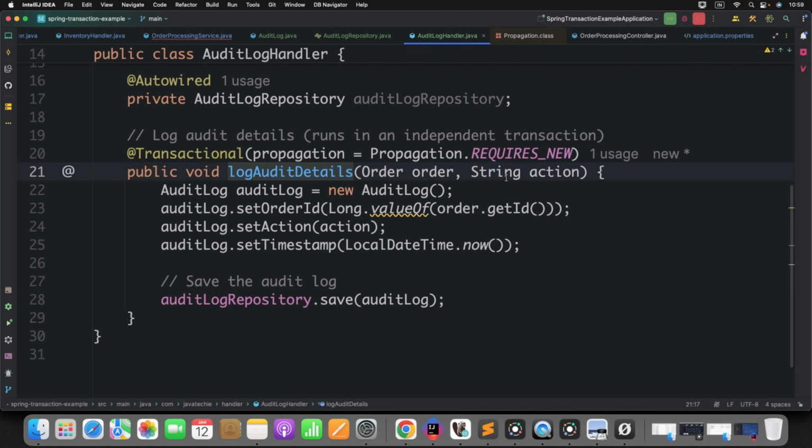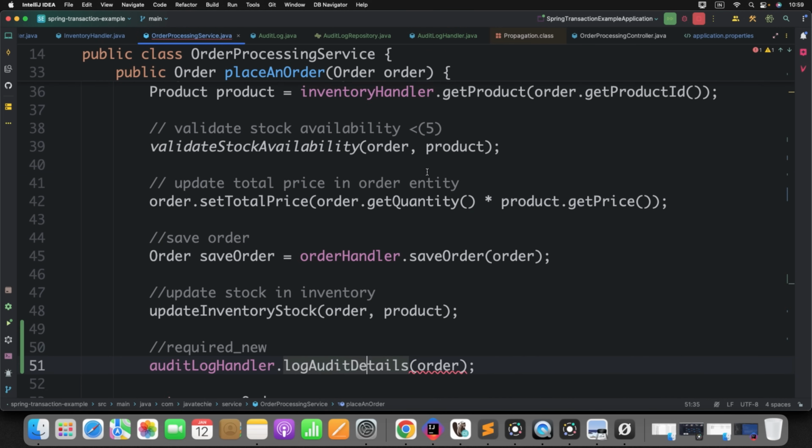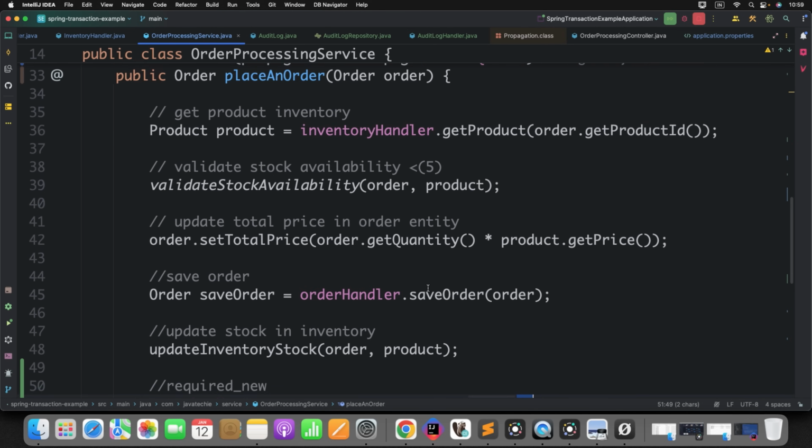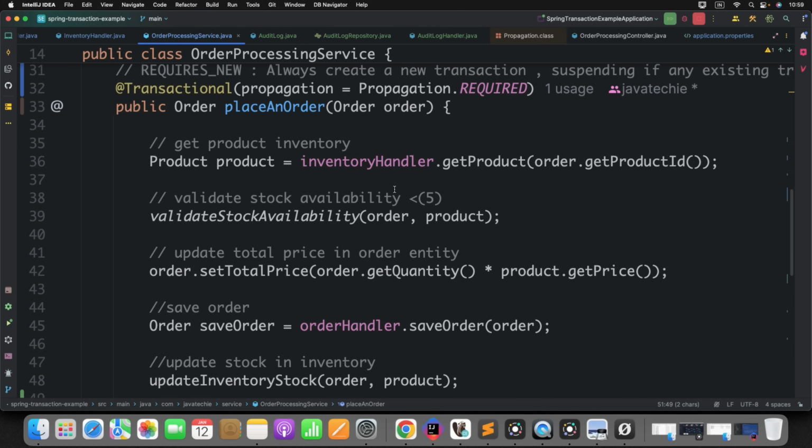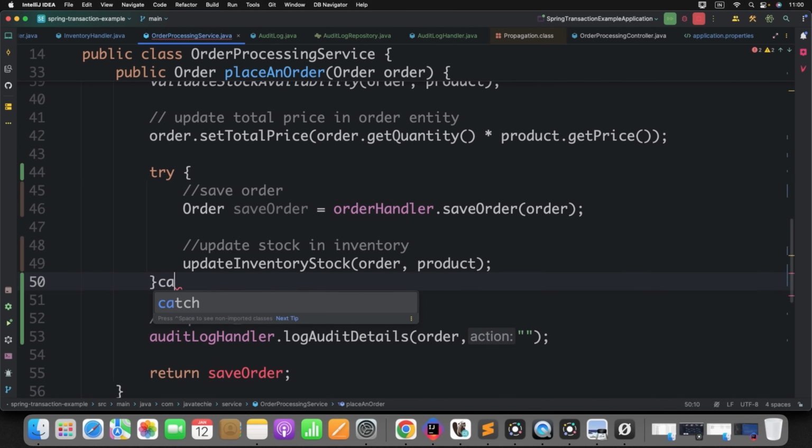What does it need? Order and action, right? We don't know whether it succeeded or failed. For that, we can keep them in a try-catch. If it goes to catch, then the action will be failed. If it executes in the try, the action will be succeeded. So I will do one thing, then catch,